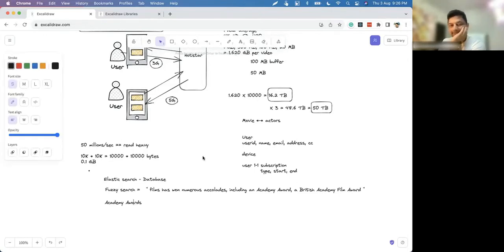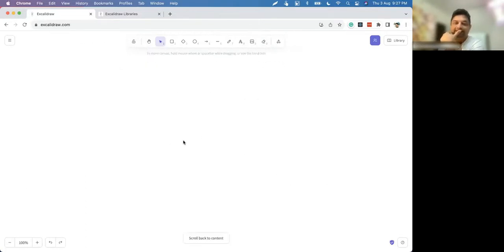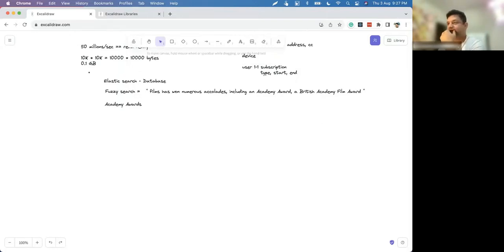Now, this is how we'll design the static content playback part, but let's talk about live content. Let's do the design for live content.